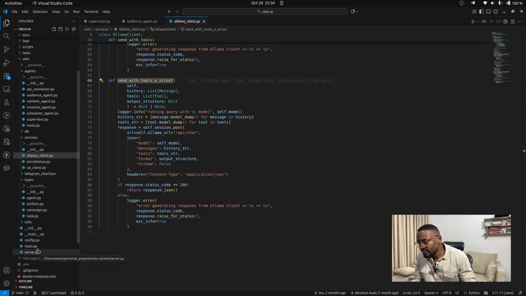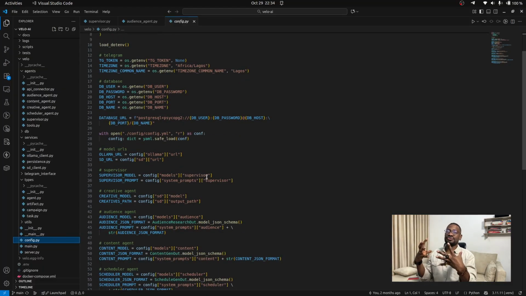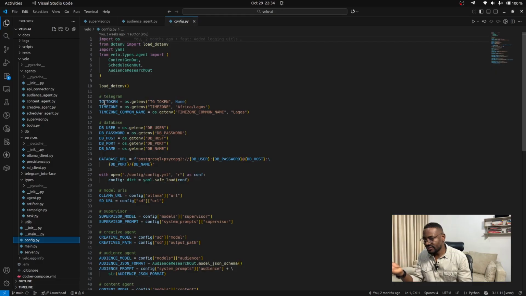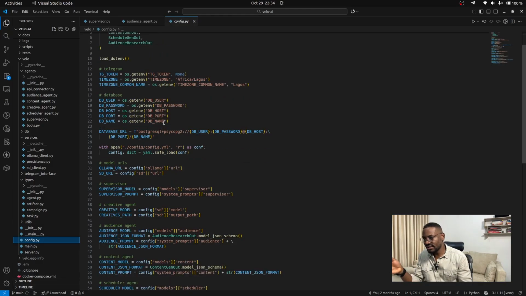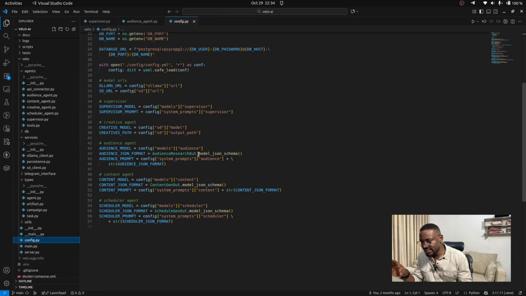Okay, and then within the config.py, this is where I'm introducing all the things that have been defined in the config YAML file into the Python ecosystem, right? I'm importing all those things. So my Telegram token, database details, model stuff, and then, as you can see here, within the system prompt, I'm also